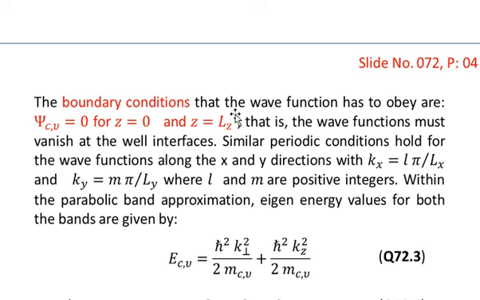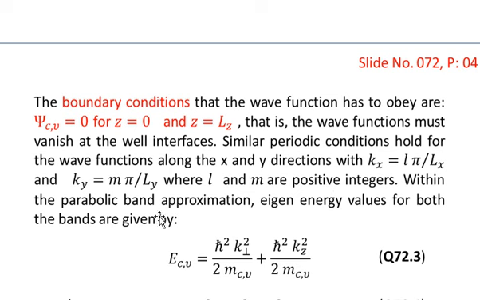Okay, the boundary conditions that the wave function has to obey are: the wave function will vanish for z equal to 0 and for z equal to capital Lz. That is, the wave functions must vanish at the well interfaces. Similar periodic conditions hold for the wave functions along the x and y directions, with kx equal to l into pi over Lx and ky equal to m into pi over Ly, where l and m are positive